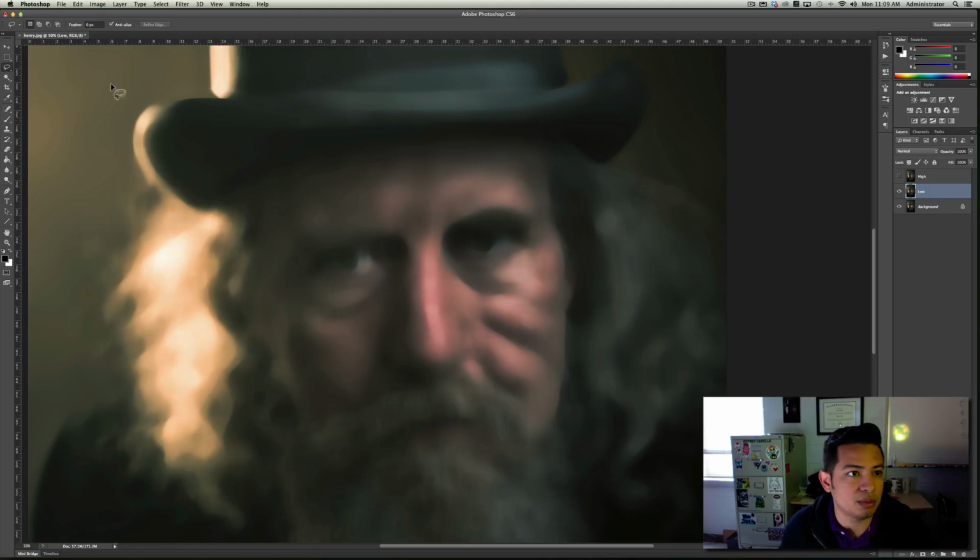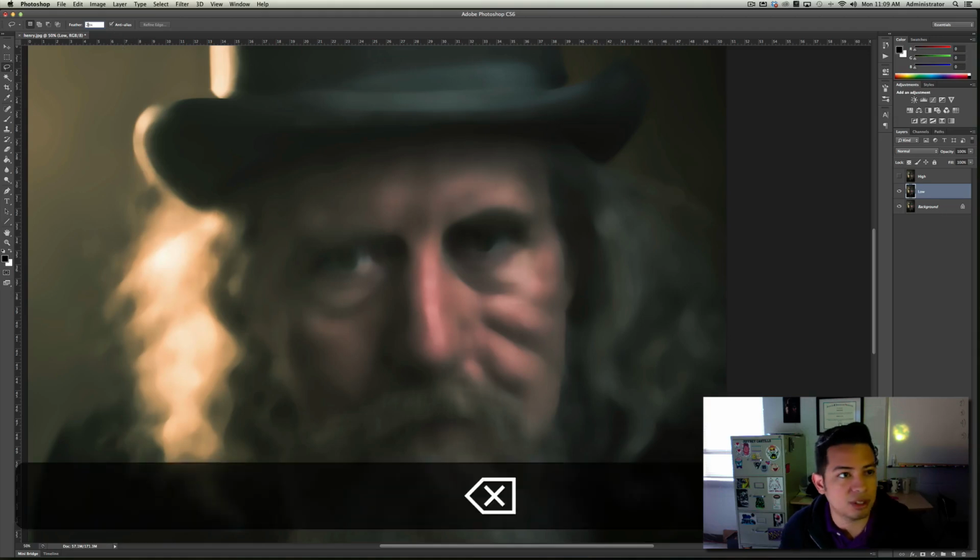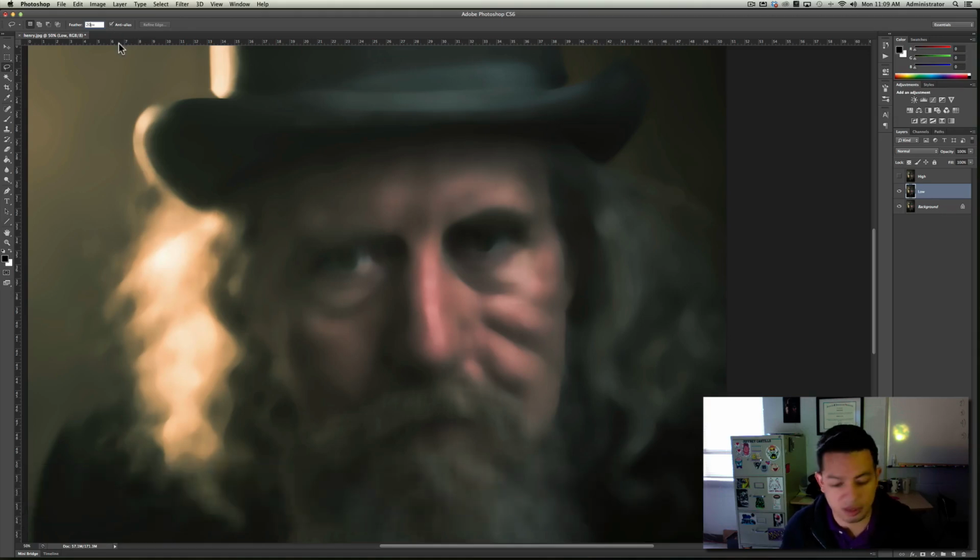To do that, we're going to go to the Lasso Tool, and we're going to have our feathering at 25 pixels, or you can do 20 pixels for this image. I'll start off with this area here. You notice how it goes from really dark to really bright highlight. So I'm going to select this area here, just like that. And since it does have feathering, it's going to have a gradual